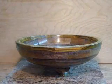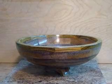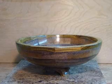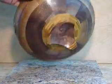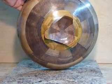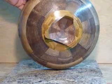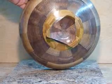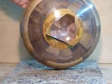Well, as you can see, we added a foot to it, and I guess as an artist you're kind of allowed that freedom to change things as you see fit. And with this one I decided to go ahead and put a foot on it, and it's made up of walnut. Glued up another segment ring, and where I knew the cuts would be, I glued in the lignum vitae. That wasn't a solid ring, I just added basically three pieces. And using the table saw and a sled, I wound up cutting the shape out of it,